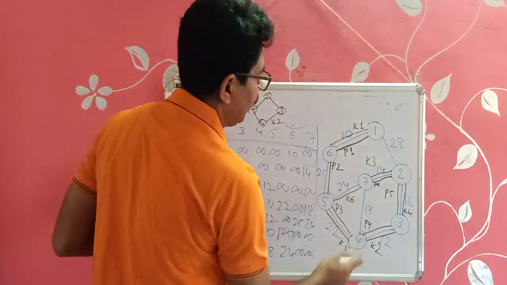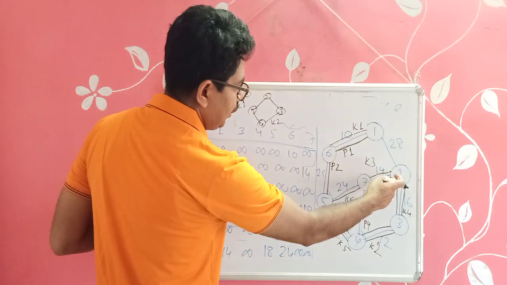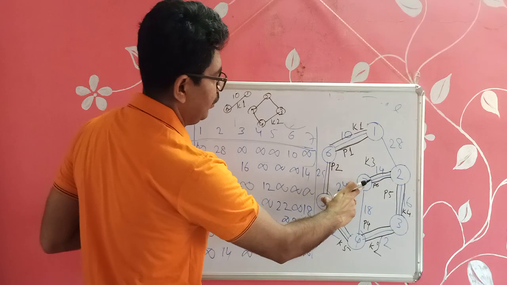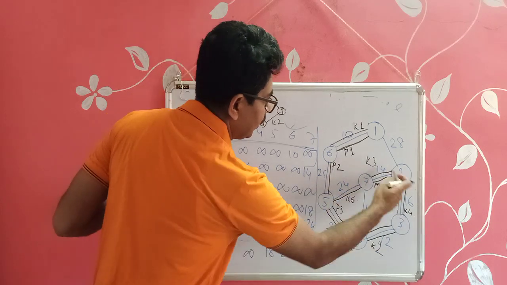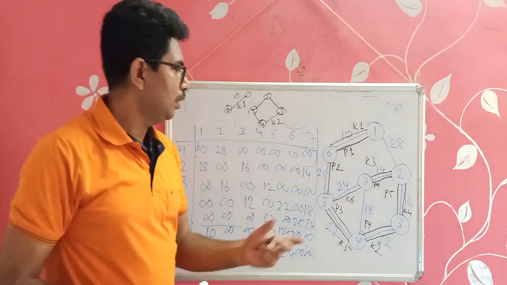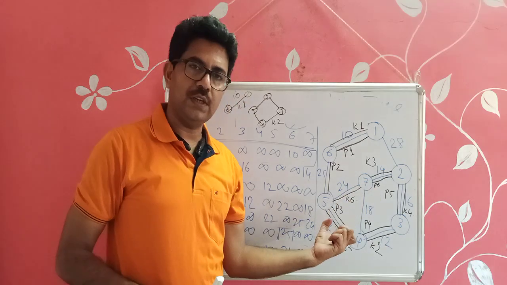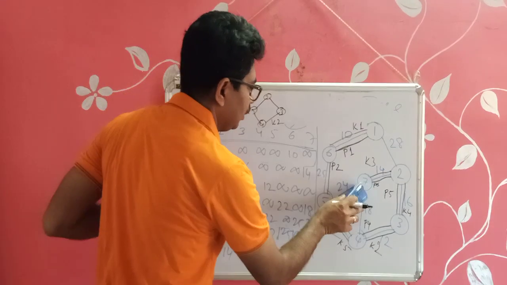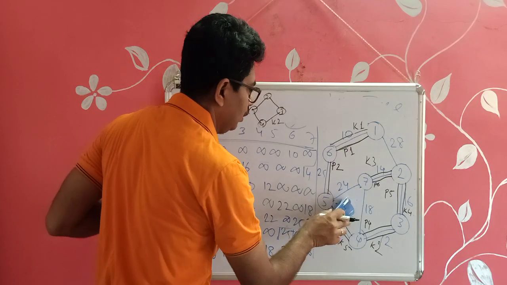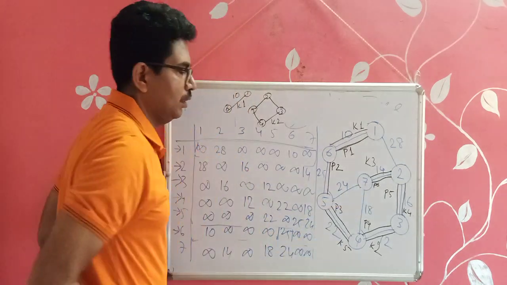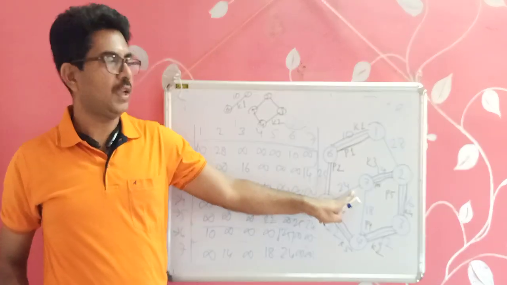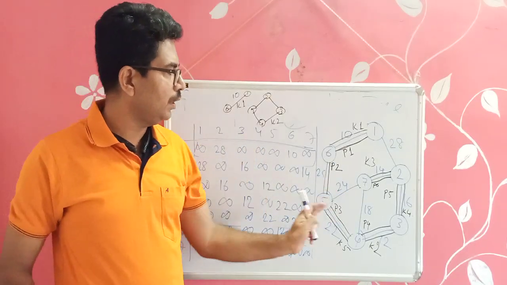Then next, we can select this 75 in K6. But again, you check that if we select 5 and 7, since 5 is present and 7 is present, if we connect these two, it will create a cycle. So this edge will not be selected by the Kruskal algorithm. Though it is having the minimum weight among all not selected edges, since it is creating the cycle, it will not be considered as an edge in the spanning tree.